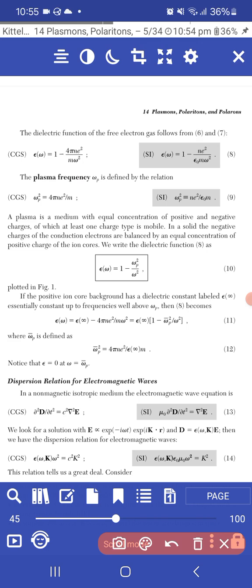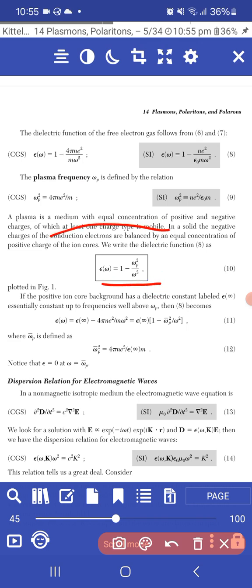The plasma frequency omega p is defined by this relation: omega p square is equal to 4 pi n e square by m, into some constant. Again n e square, so omega p is left over here. So epsilon is 1 minus omega p square by omega square. A plasma